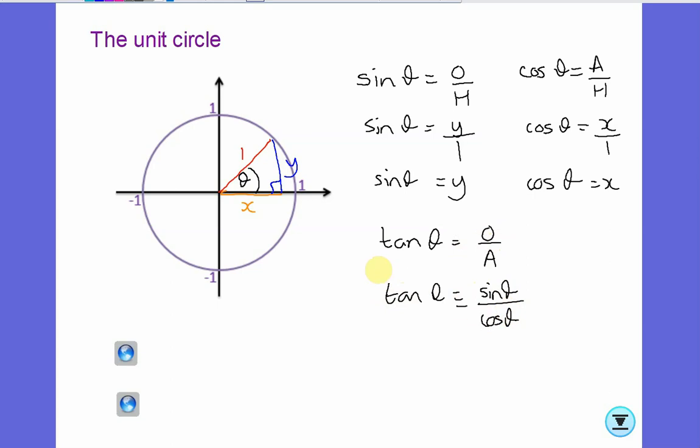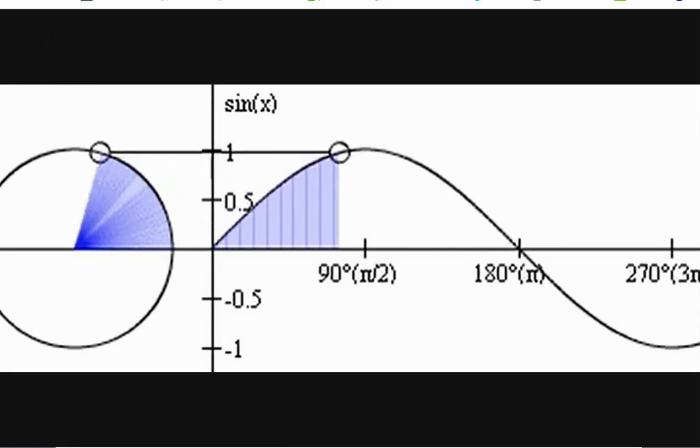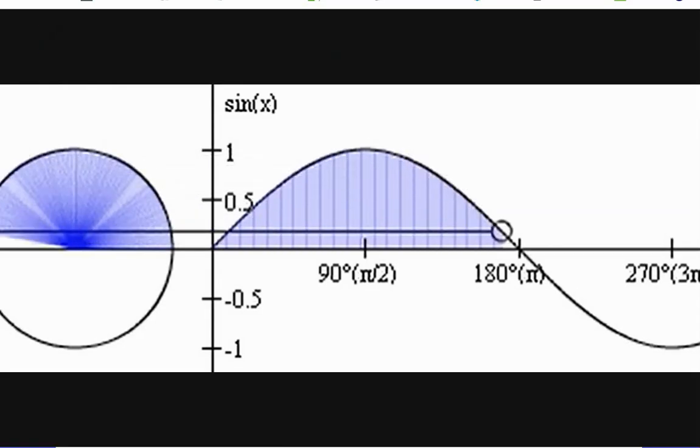And what we actually have there, this is what we call a trig identity. And we're going to be talking about those in future videos. So let's have a look about actually what that looks like. So on here, I've got a picture of the sine graph. So when I change the angle,